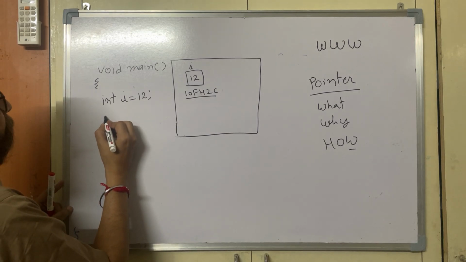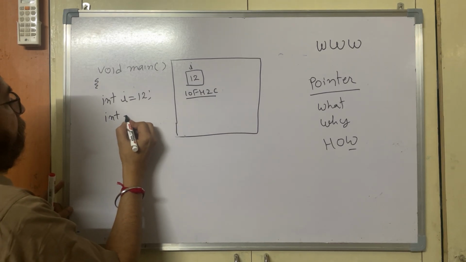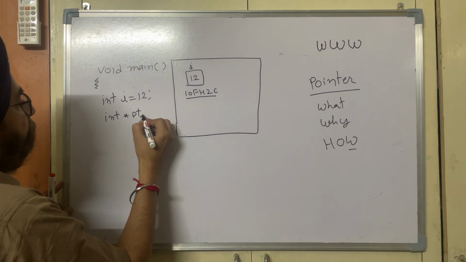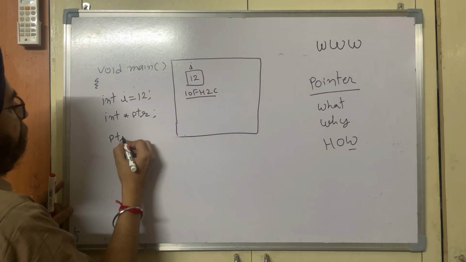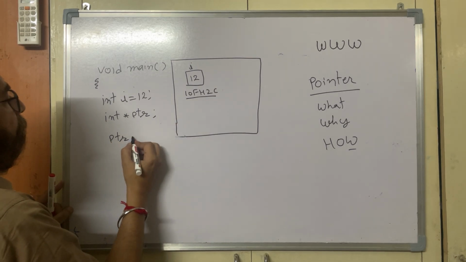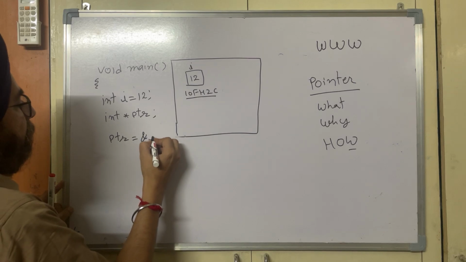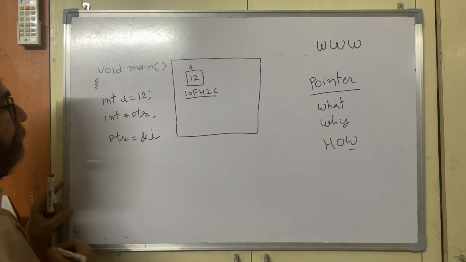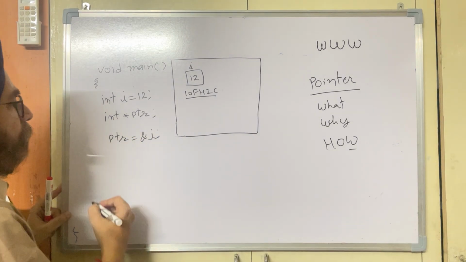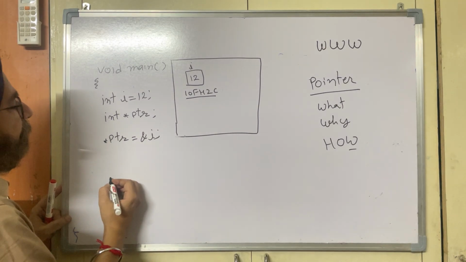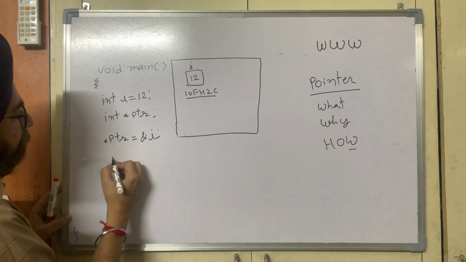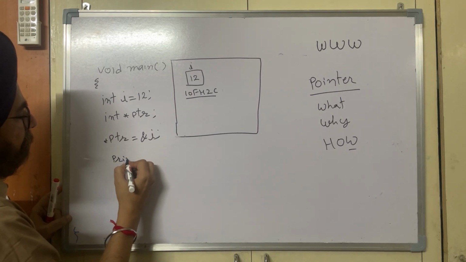I am writing int asterisk ptr equals address of I, or we can simply say that ptr equals address of I, and if we need printf